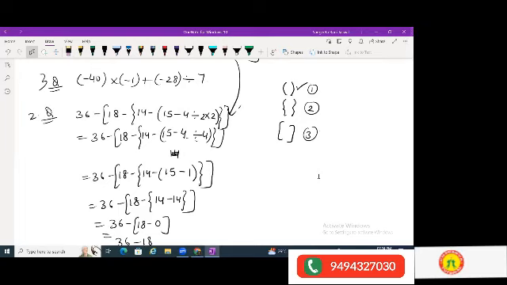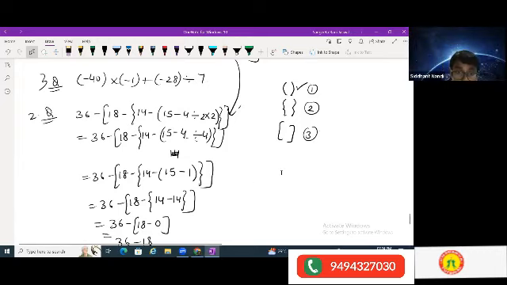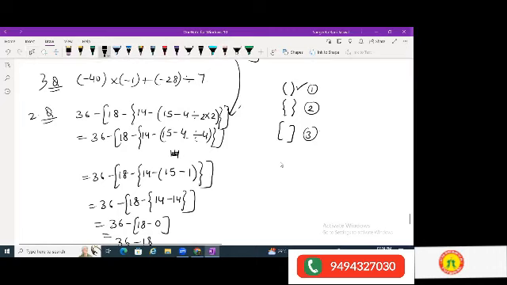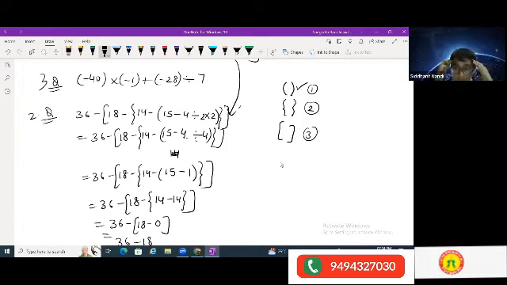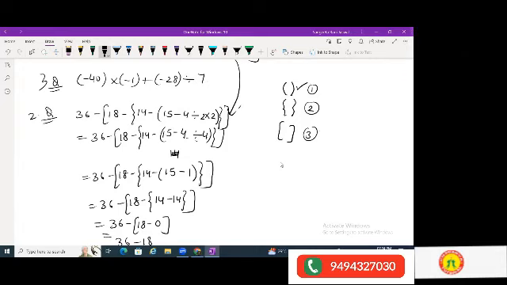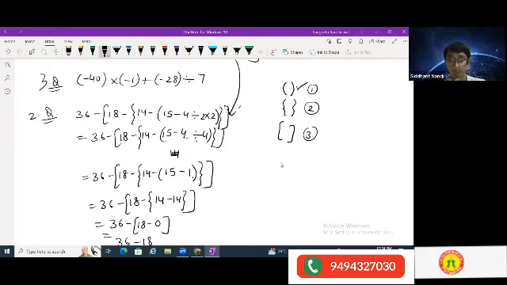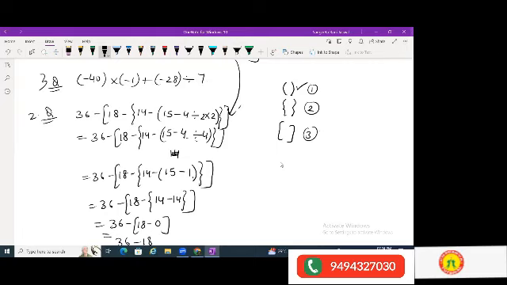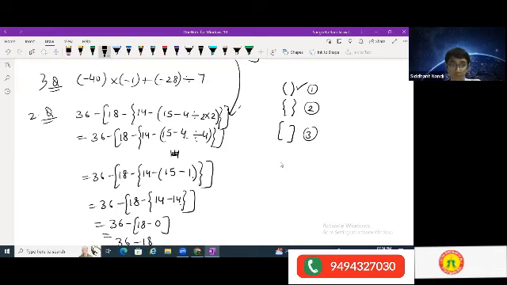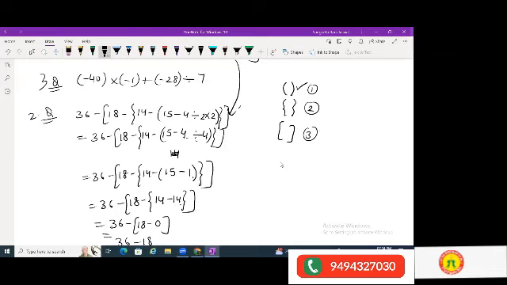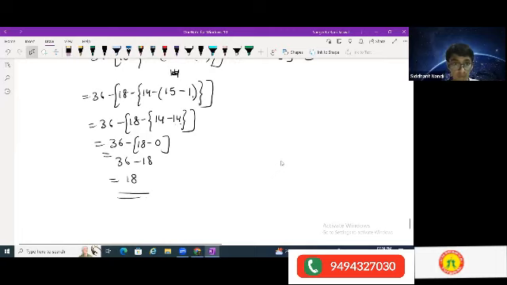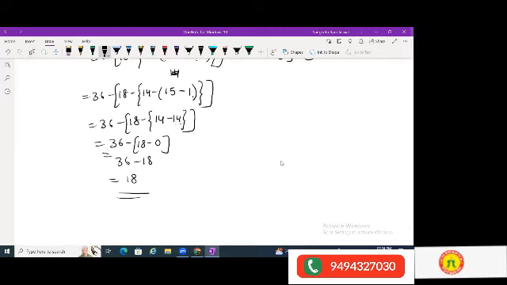Again, explain me. See, we kept on opening the brackets. What did we do first? First, we had, see, I told you this is number 4 only, which has been just split into 2 like this. So we multiply this together. 4 divided by 4, you get 1. It becomes 15 minus 1 inside the bracket. And then when we solve this bracket, 15 minus 1 becomes 14. Okay, now the first bracket is gone. Now we have 14 minus 14. 14 minus 14 is 0. So 18 minus 0 is 18. So 36 minus 18 becomes 18. Got it, Siddhant? We kept on opening the brackets.